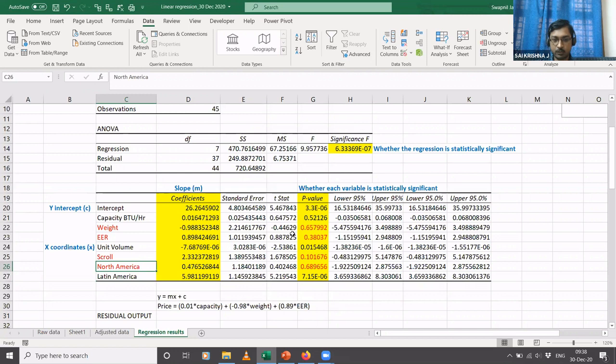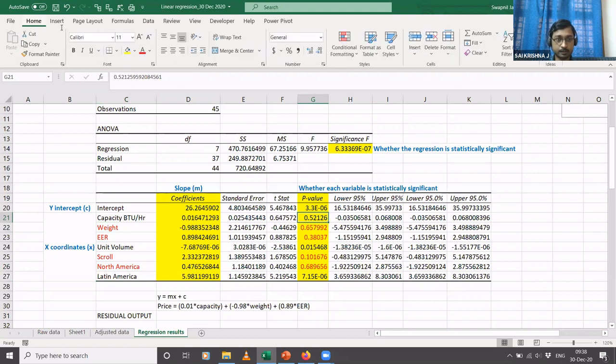Now let me just come back here once more. So you can see that some of the variables I have marked in red. Okay, so ideally this should also be in red. So whatever I have marked in red, you can just observe the p values for those variables. So here it's 0.52, here it's 0.65, here it's 0.38. Sorry.